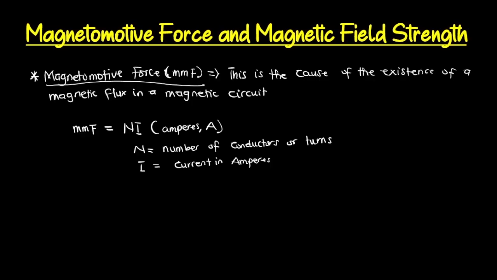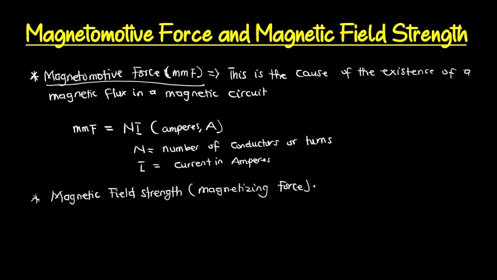Okay, so this is the formula for magnetomotive force. All right, so the second one we want to look at is what we call the magnetic field strength, or some people will say this is the magnetizing force. By definition, magnetizing force is represented as H is equal to Ni on L,